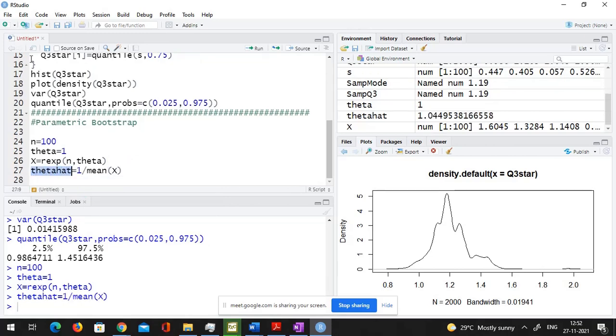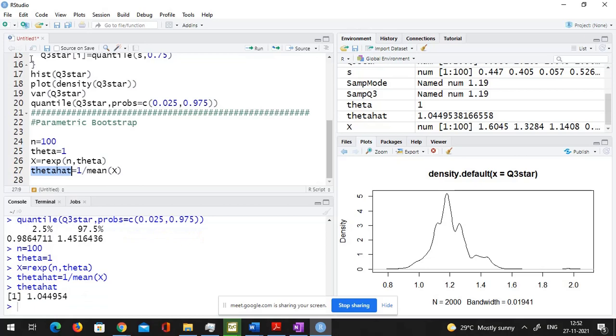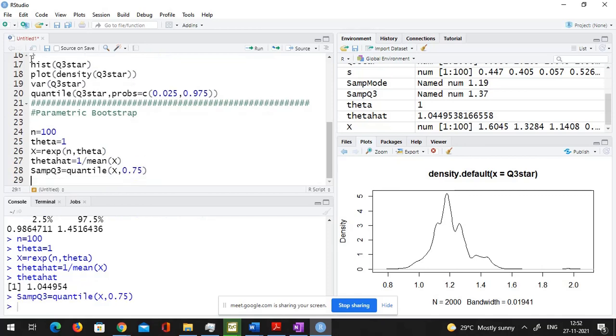This theta hat turns out to be pretty close to 1. And now I have to use parametric bootstrap for doing the same thing that I did there. So I finally want an estimate of Q3 and a confidence interval for Q3. Let me compute the sample Q3. Sample Q3 is quantile of x at 0.75.